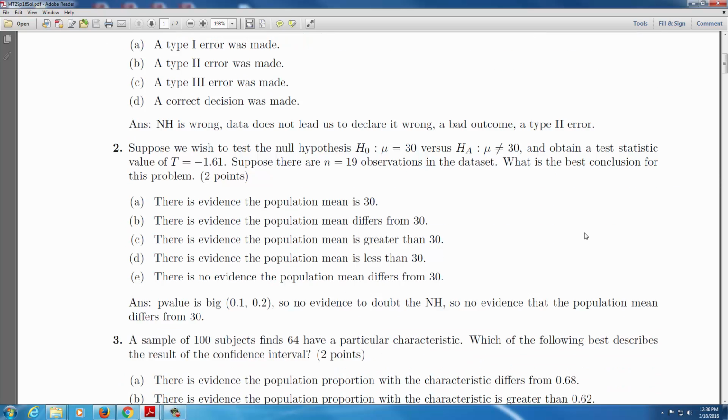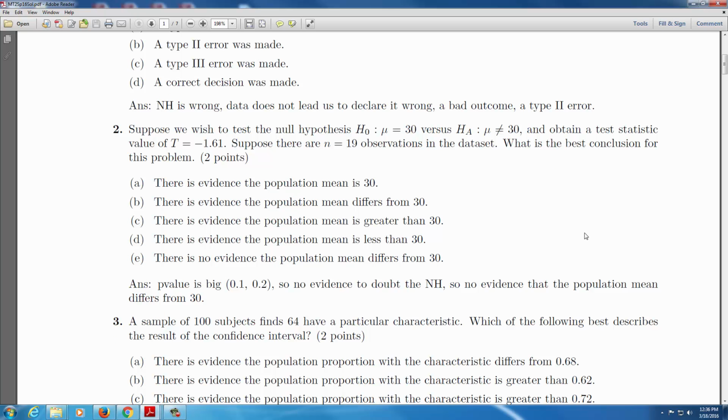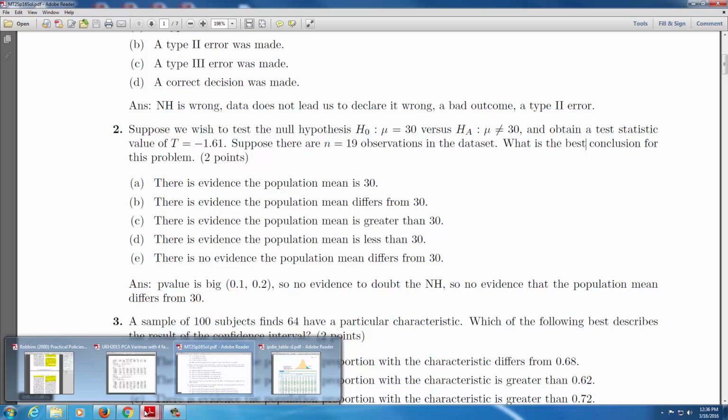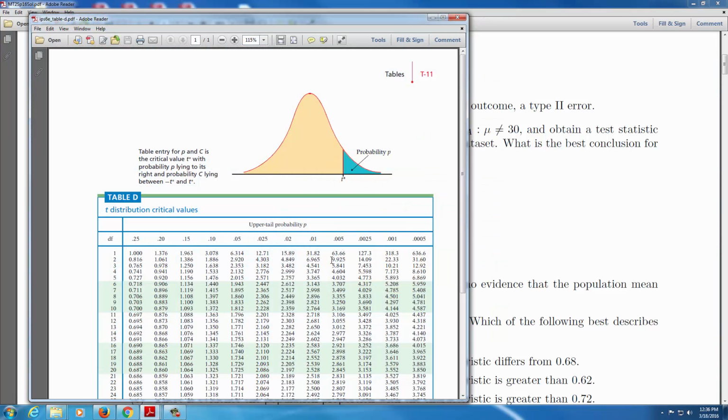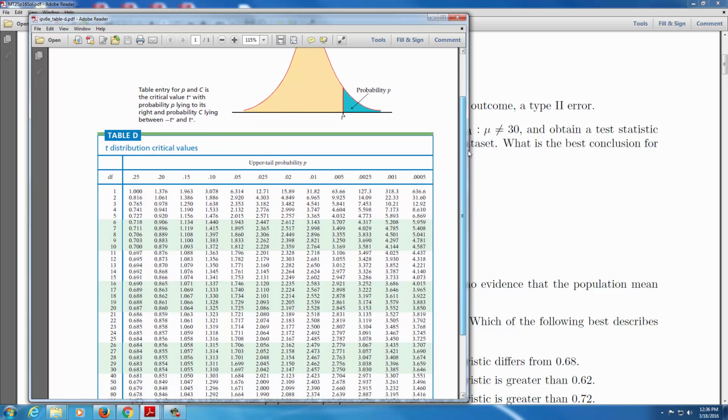In problem 2, we have a null hypothesis of mu equals 30. We get a t-statistic computed of negative 0.61, and we need to make a conclusion for this test, which means we need to use the t-table, table D, and look up a p-value. Since there are 19 observations, that means we need to use 18 degrees of freedom in the t-table. And so we would go to 18 degrees of freedom and look up a positive 0.61, which looks like it happens with upper tail probability